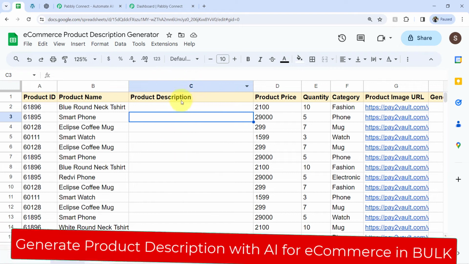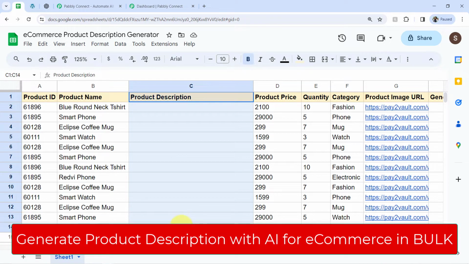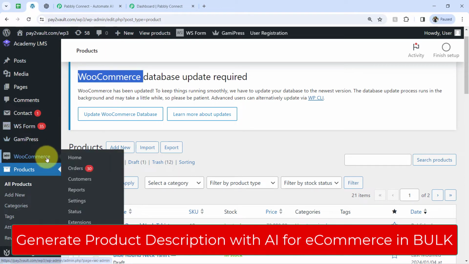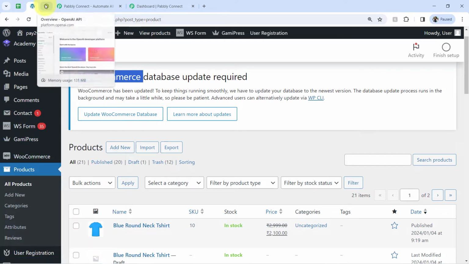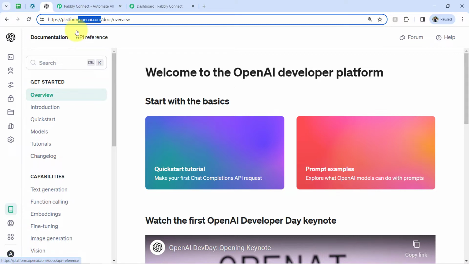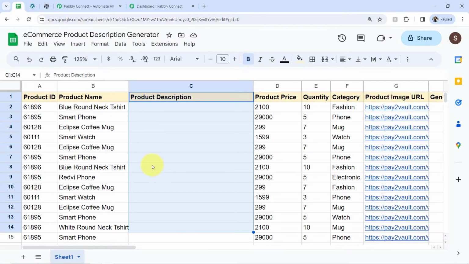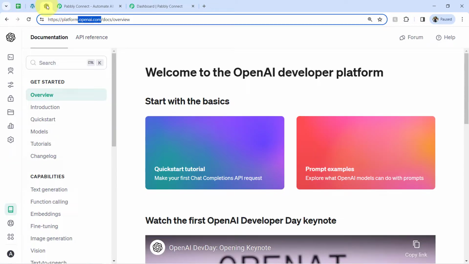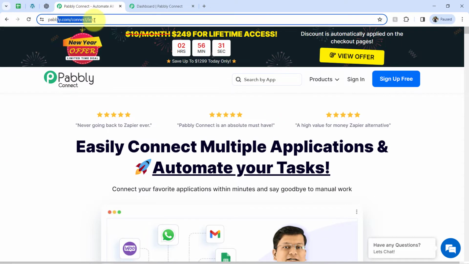In this video, I will show you how you can generate the product description with AI for your e-commerce store automatically in bulk. Now to generate these descriptions, I will use this OpenAI application, and to make this task happen within this spreadsheet only, I am going to connect my spreadsheet with OpenAI with the help of an automation software